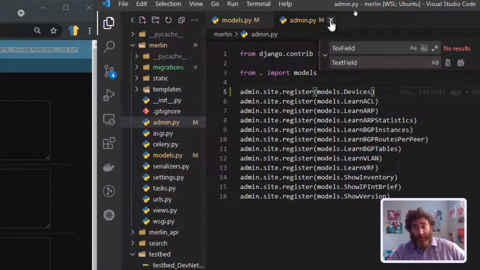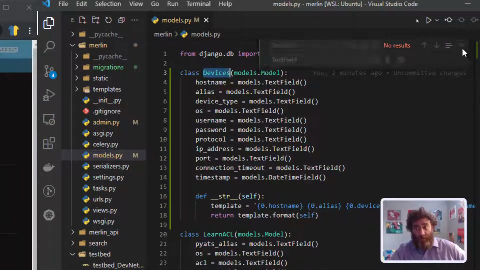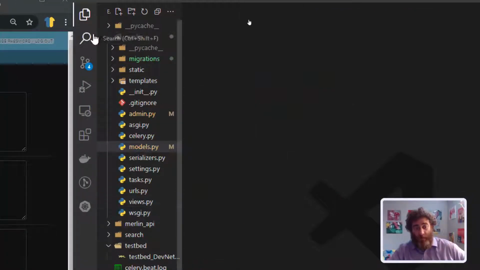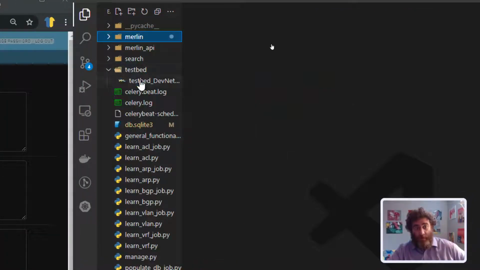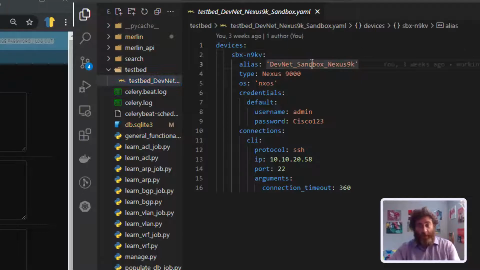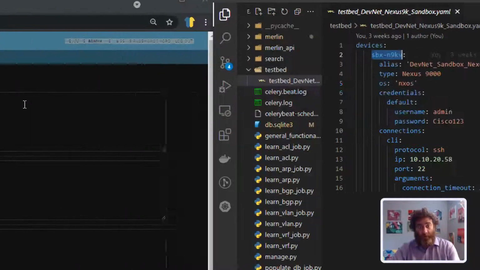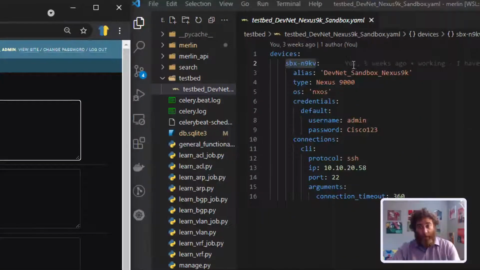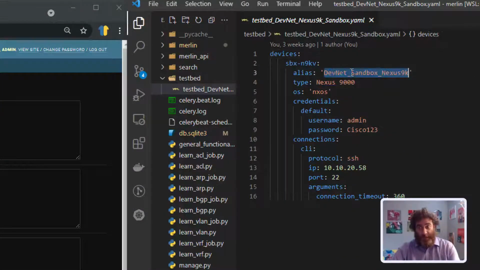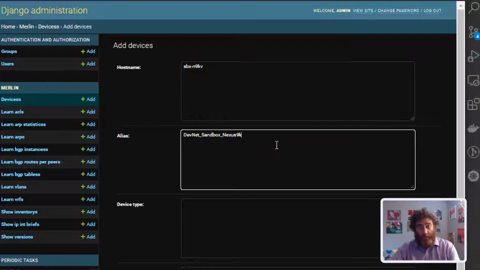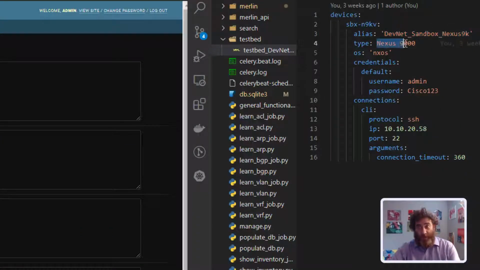With our testbed file, that's the host name. Then we're going to bring in the alias, the type,